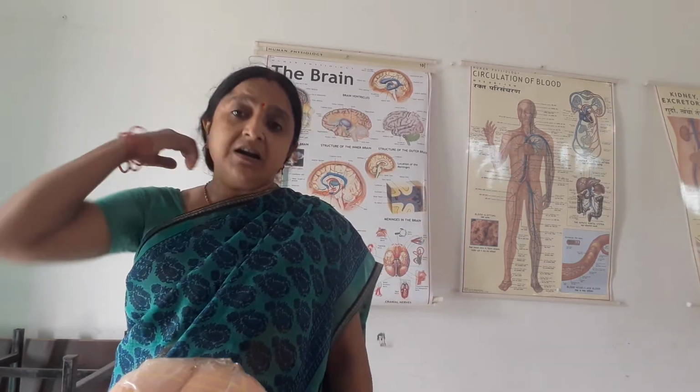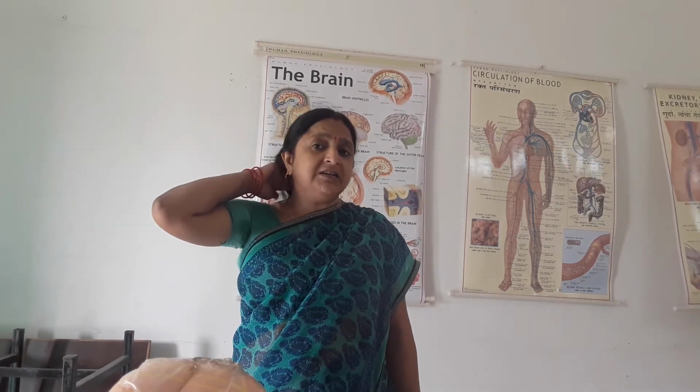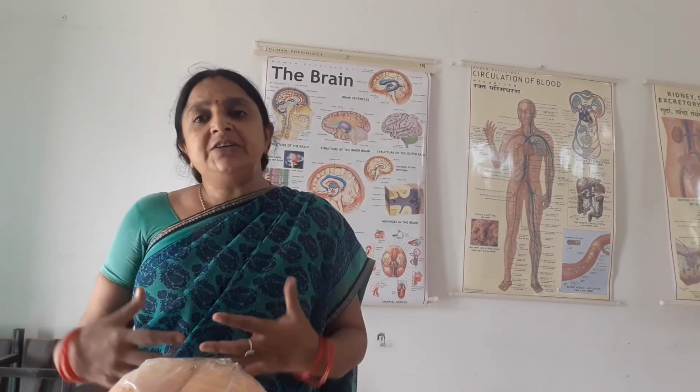It is very important. If any injury occurs in the medulla oblongata, it immediately causes death, because the heart at the same time stops working, and because the heart stops, there is no blood supply, and it causes death. So the medulla oblongata is a very important part of the brain, because it regulates all the internal activity inside the body. This is all about the structure of the brain.